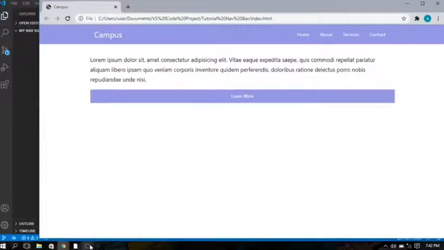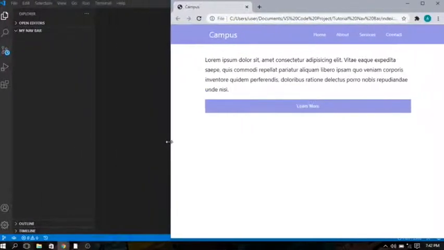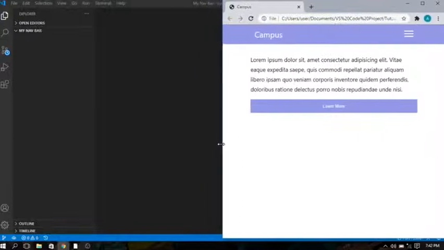Hi guys, welcome to another video on my channel, and in this video I'll be creating a simple navigational bar like this. So this is the navigational bar on a full screen, but when it gets to a specific size, like maybe a tablet view like this,